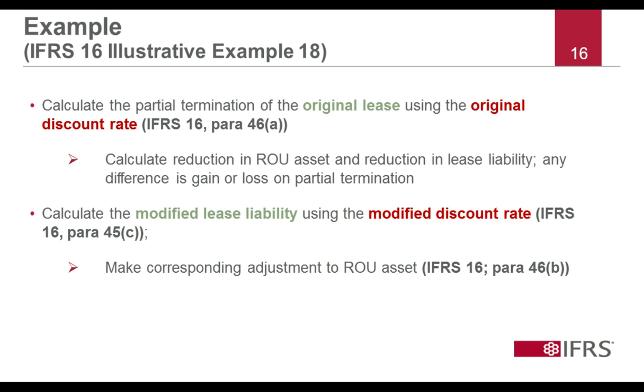So to summarise then, the original discount rate is used only when working out what needs to come off the balance sheet in a partial termination. The modified discount rate is used when measuring any other modifications, such as changes in consideration or increases in scope. Yes, that's exactly it. You can also see on the slide the relevant paragraph numbers of IFRS 16 that relate